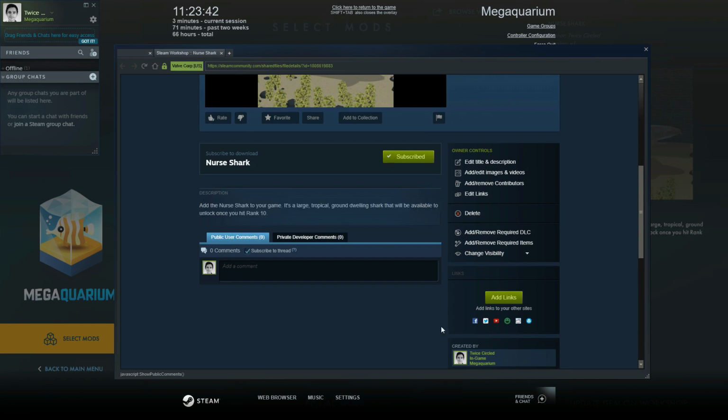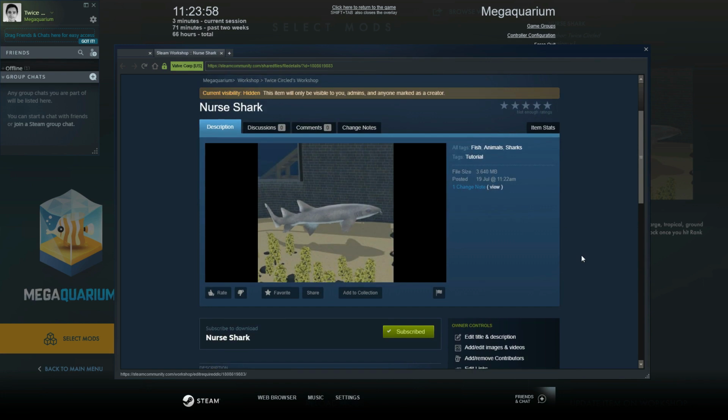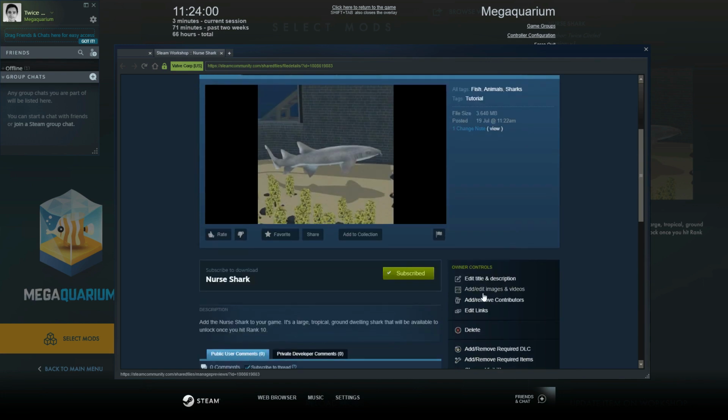I'm going to actually subscribe to this thread in case anybody leaves me any comments. You can add and remove required items here, so you could make it so that your mod needs other mods to operate correctly. If you wanted to create a suite of mods that interacted with each other, you could do something like that. But if you wanted to make individual ones optional, you can add or edit